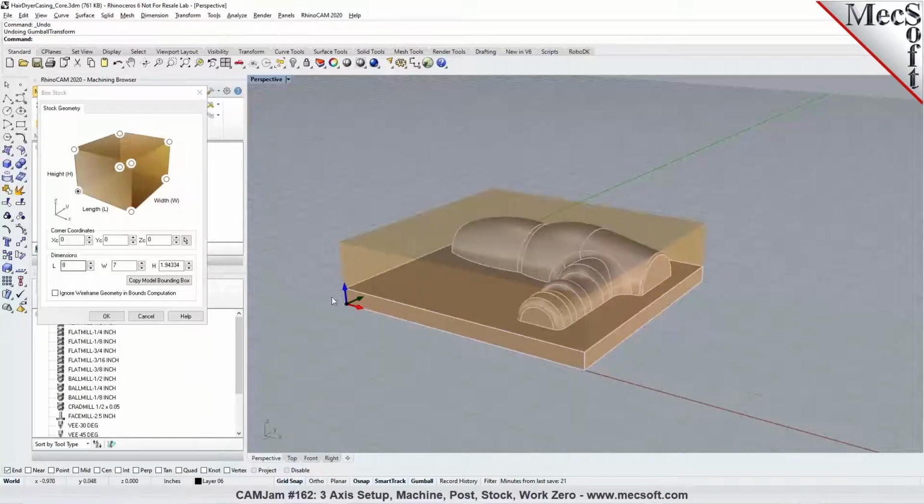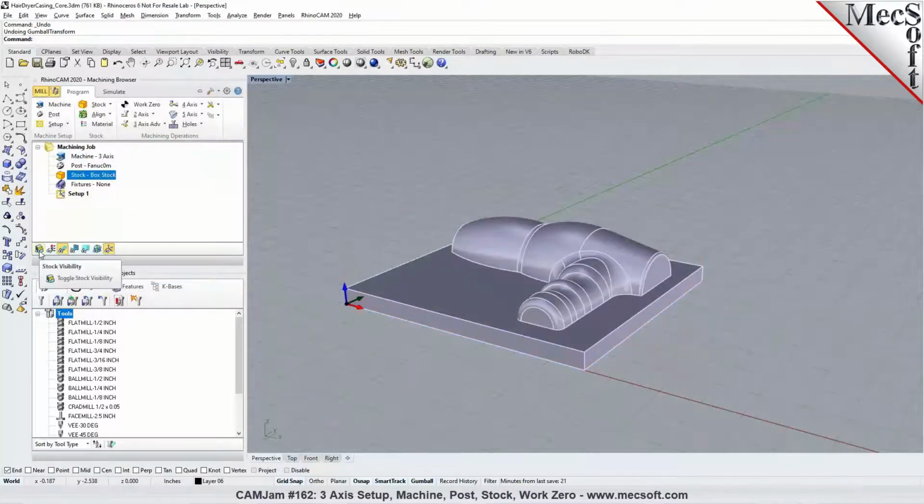So the length is 8 inches, the width is 7 inches, and the height is measured as 1.94. I would like to start with a stock that would be 2¼ inch thick. So I'm going to define the stock height to 2¼, click OK to accept it, and I can display the